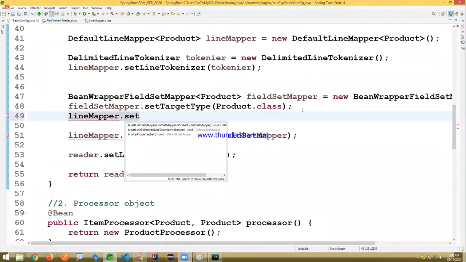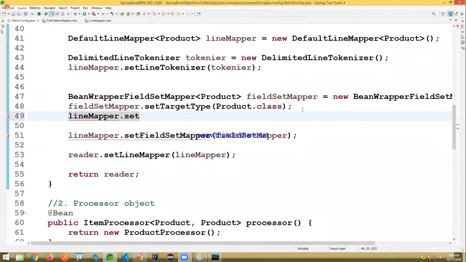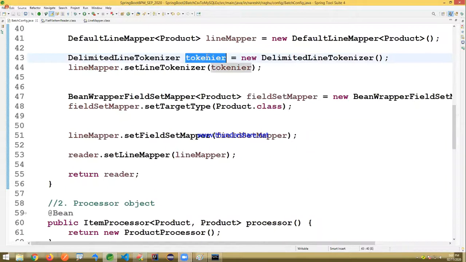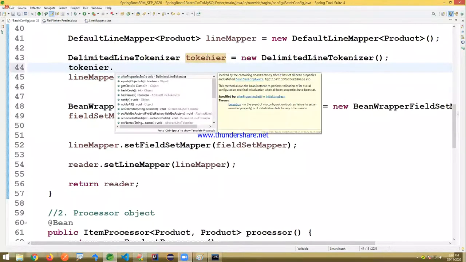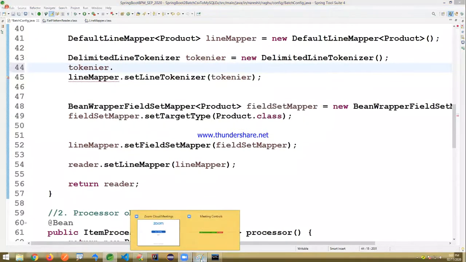Here one is missed, I think. While tokenizing the lines, we have to provide the names also for every tokenizing.